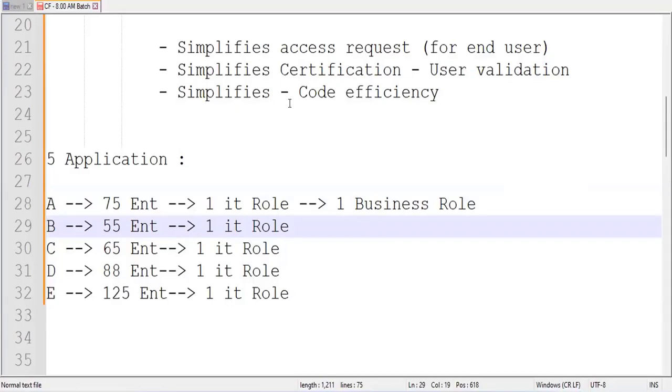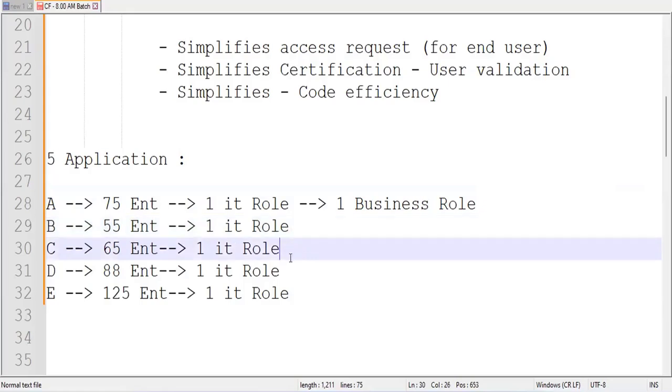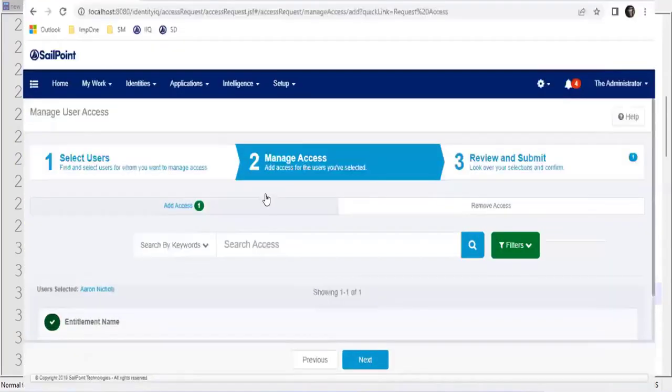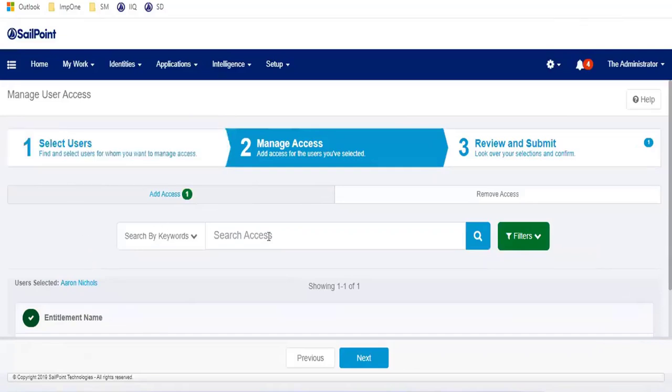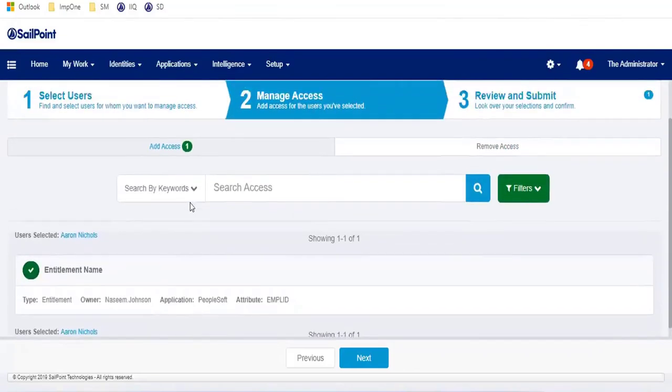Hi Rakesh, I have one thing. Can you explain simply what type of provisioning and how it can be related to role? Okay, so you need access to some application. Let's say ServiceNow, because you need access to ServiceNow. In that scenario, I'm going to select one IT role from the access request page. I'll select the user from this page. I'll go to